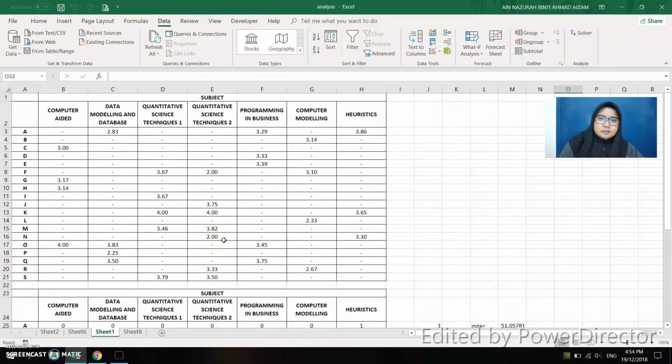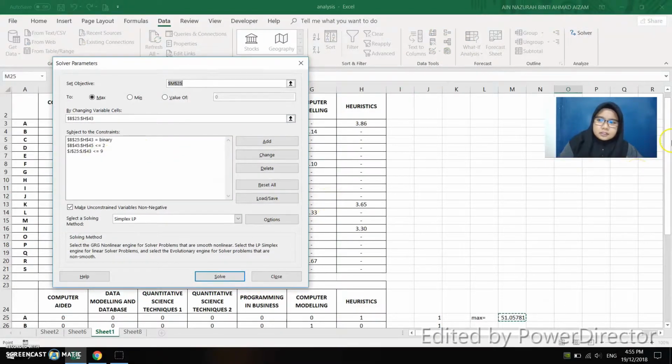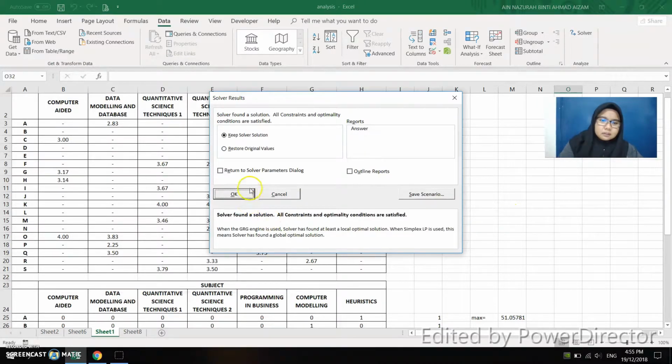After we obtain the preferable table of the constraint, we compare it with the preference score table, where we want to get the maximum preference of the student on the lecturer to course subject. We use the same methods as before by using solver, where the constraint for each lecturer is 9, and for each slot of subject is 2. And from here we can see that,